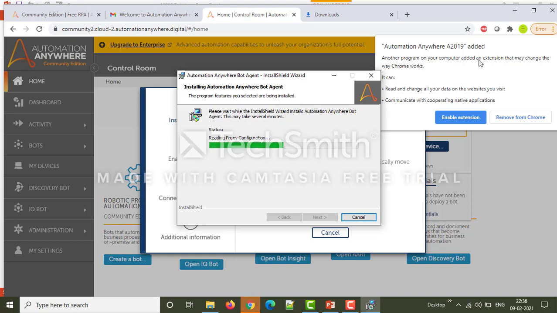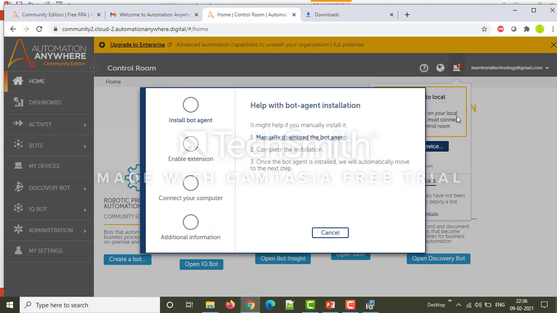So you can see here, in the top right corner, it will ask you to enable the Automation Anywhere extension. So you have to click on enable extension.